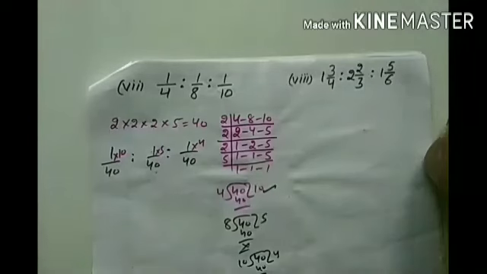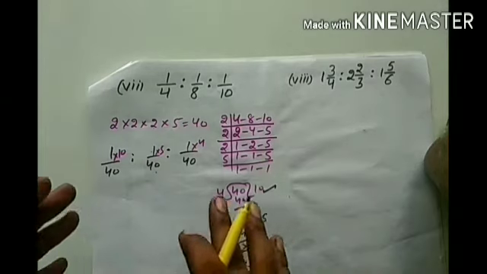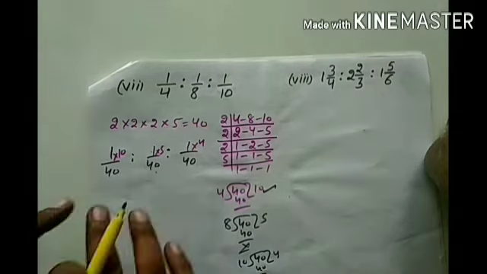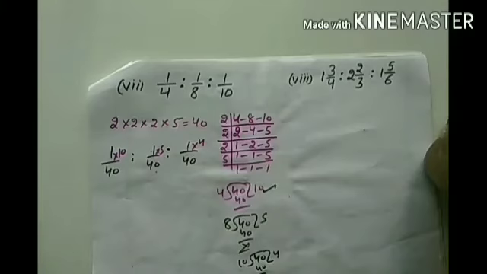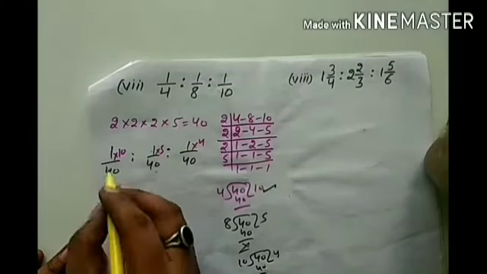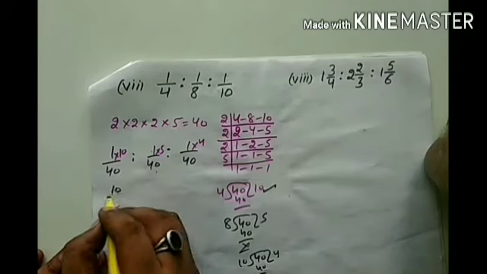Now in the ratio, if the common integer or the common number is in the multiplication or the division, we can skip that. What is the common number you can see here? 40, 40, 40, that is in the division or in the denominator of all parts. Therefore we can skip this and we can write only 10